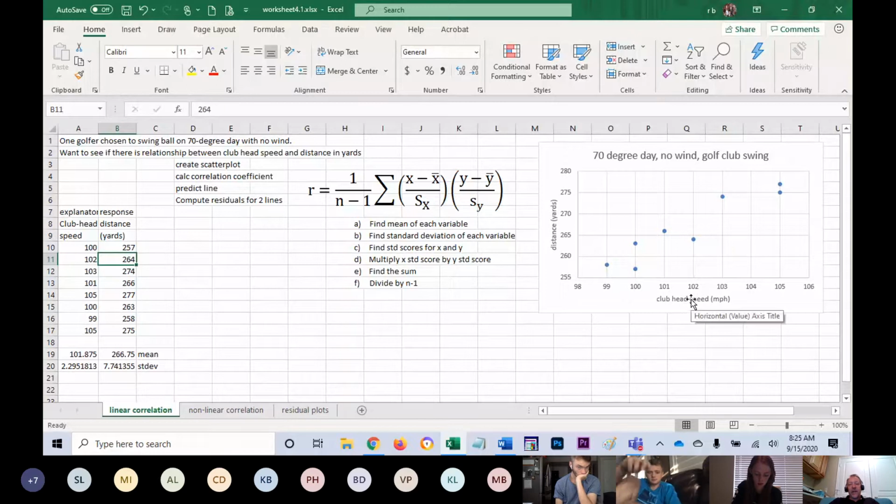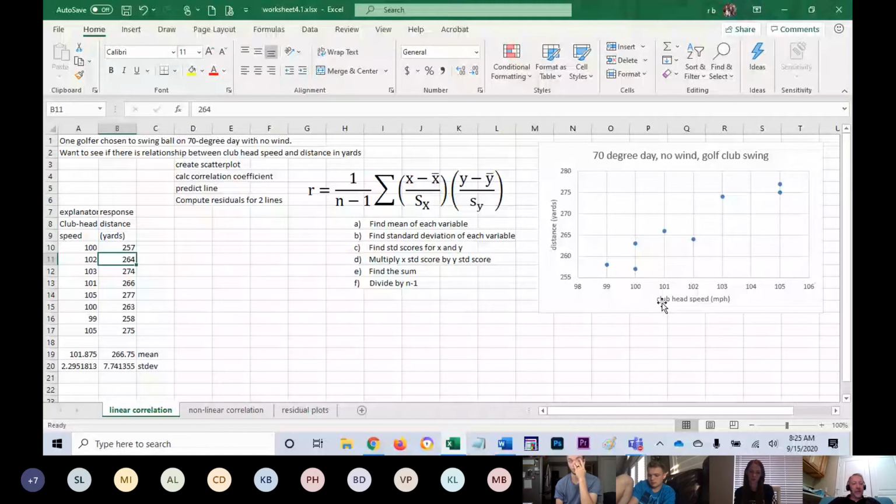So does the club head speed explain how far your ball goes, or does how far your ball goes explain your club head speed? Your club head speed explains how far the ball goes. Right. Okay. So we'll do another one if we have time. That may be a little bit harder, but generally speaking,